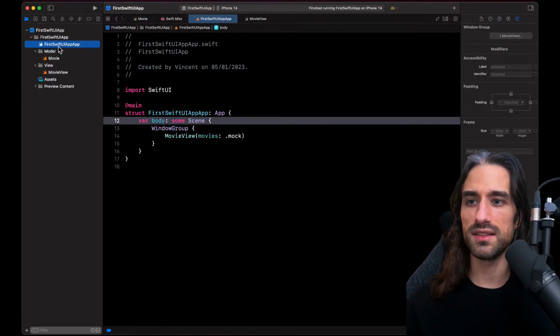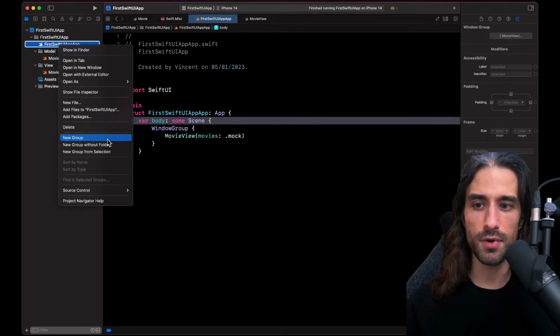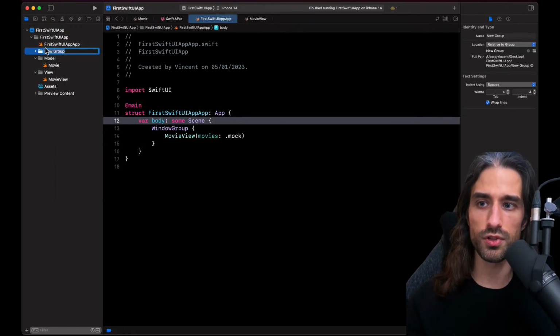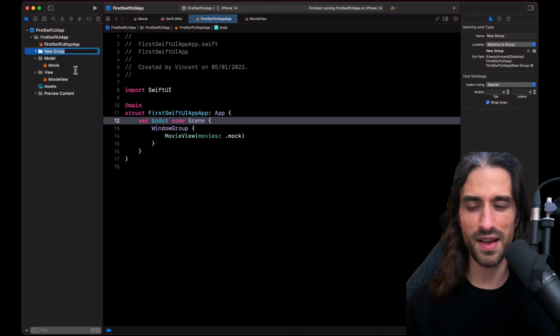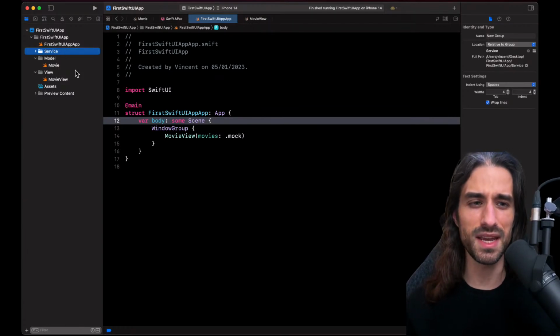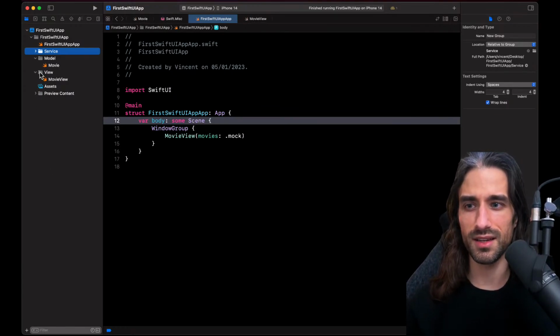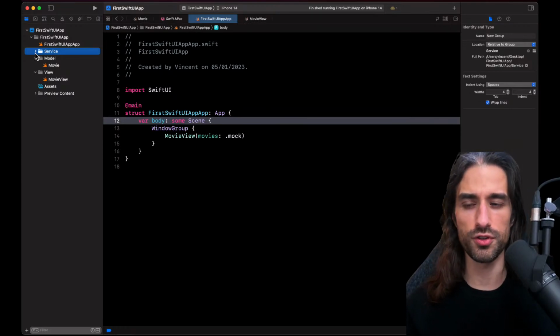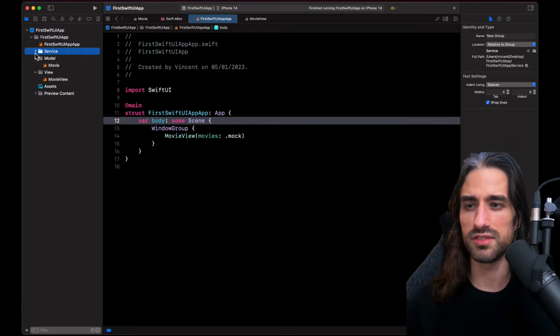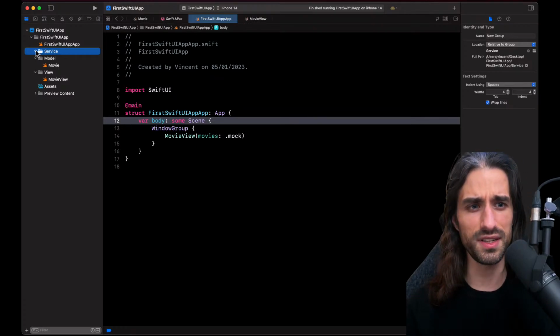And I'm going to create a third folder, this time not from selection, because I don't want to put my first SwiftUI app file in it. I will call it service. I hesitated with calling it API, but usually the thing that calls an API is called service inside an app, so I'm going to keep that naming so that when you move on to other articles, it looks the same. And inside of it, I will implement all the logic to be able to implement the network call.